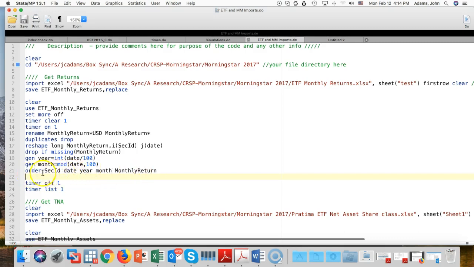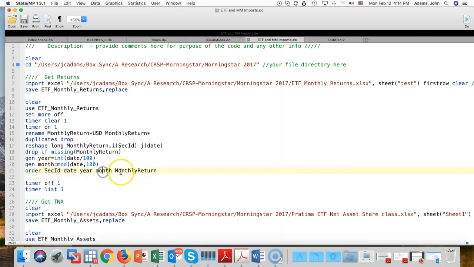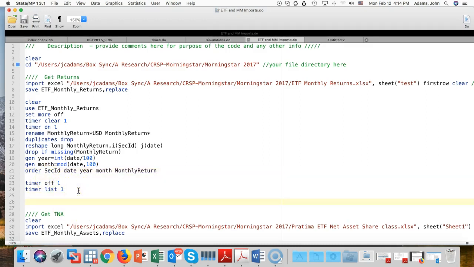in this format right here. So I want sec ID first, date second, year, month, and then the monthly return. And then I'll finish this off. There's the timers. Then I'm going to hit save